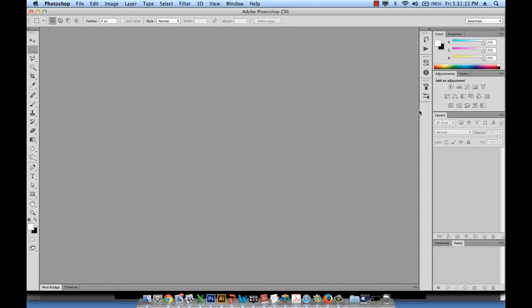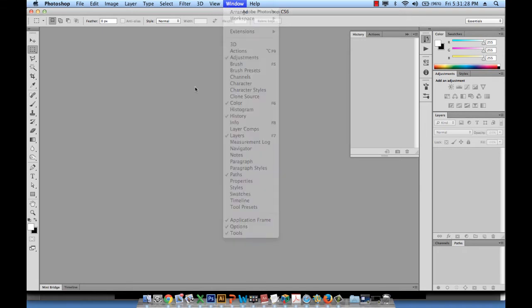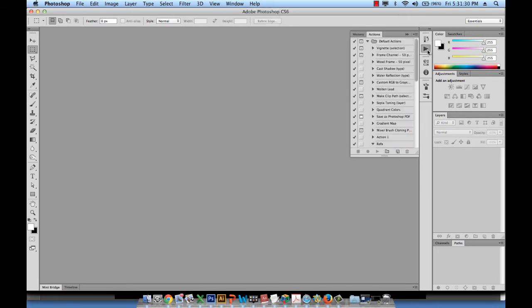But this little thing that you see here on the right is just a collection of icons that are shortcuts to the panels. So if you want to open the history panel, for example, you click on this one, but you can also find it under the window menu item. This is actions, for example, which is a very powerful thing in Photoshop, and we'll cover in a later tutorial